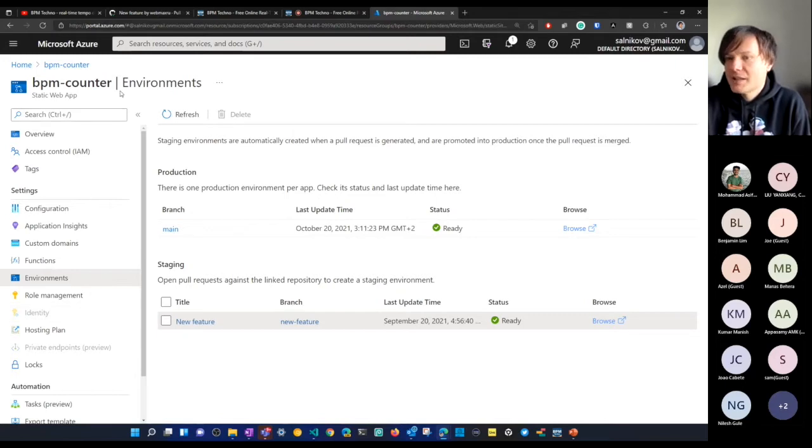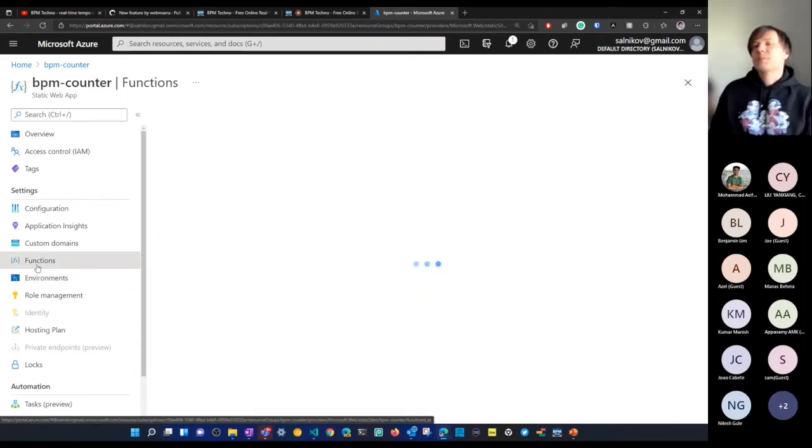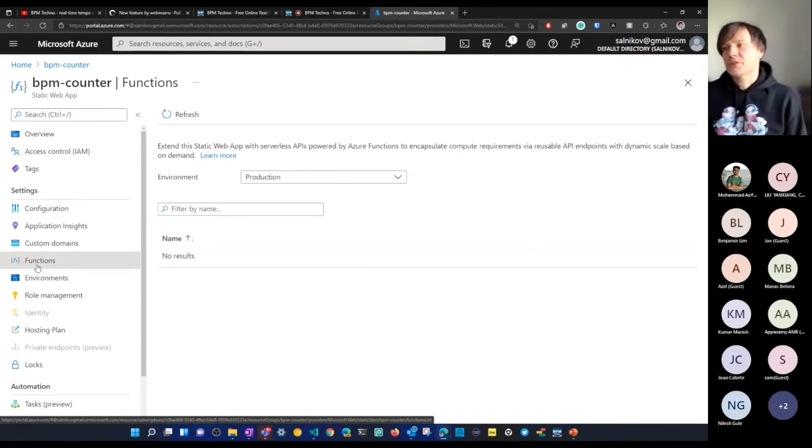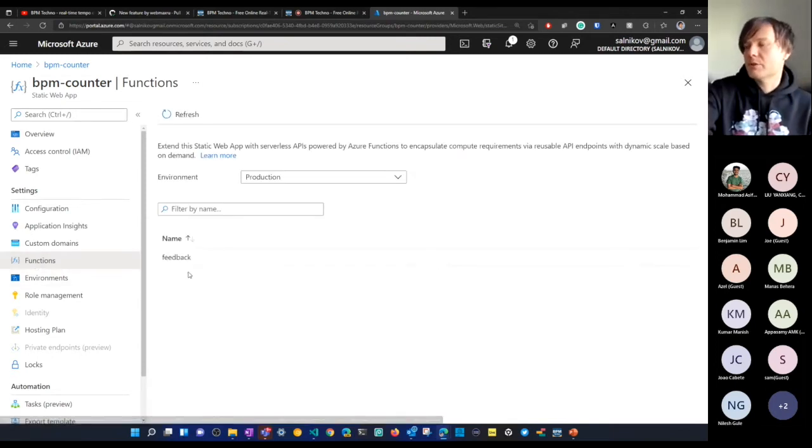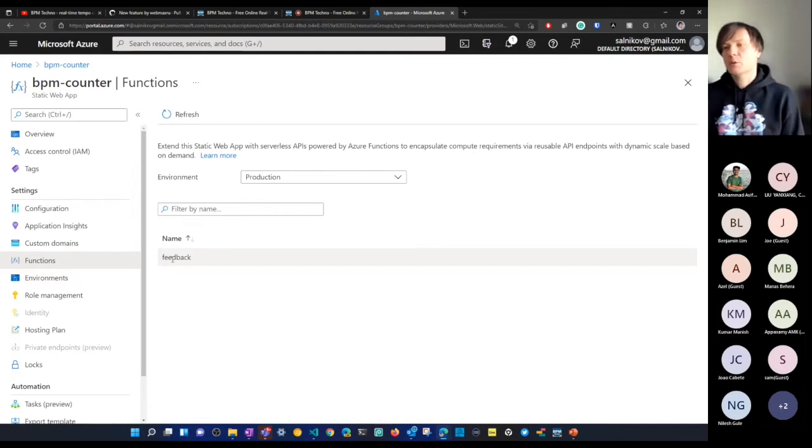What else? Yes. Let's dedicate the next maybe 5 minutes to API endpoints exploration. So here you see a section called Functions. And in a few seconds, now it's loading, you see there is one API endpoint called feedback.